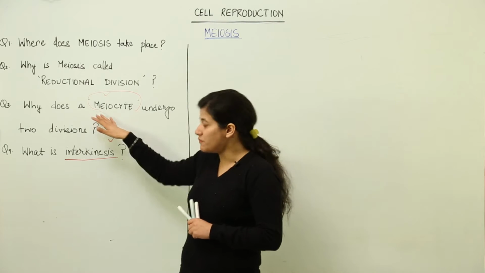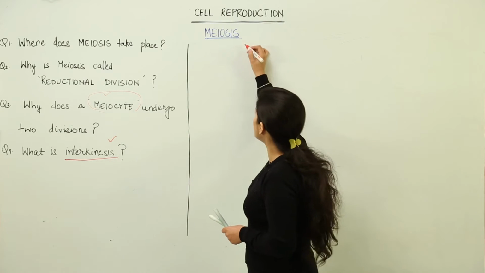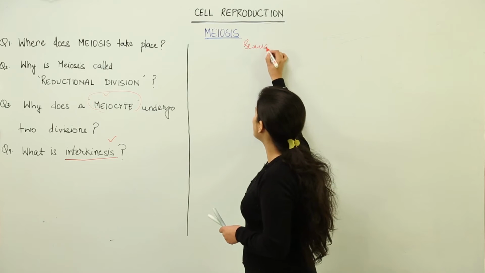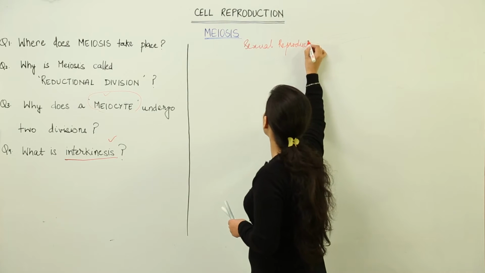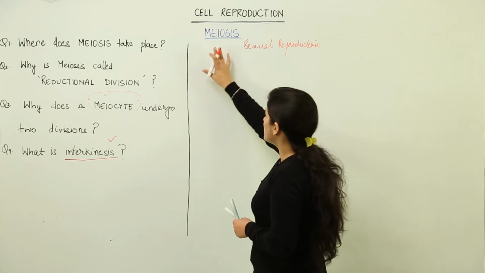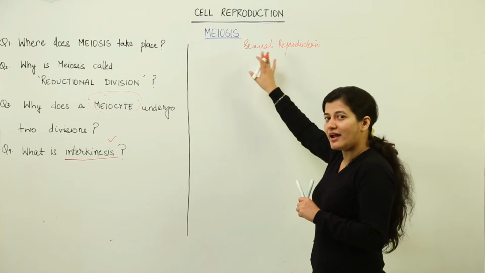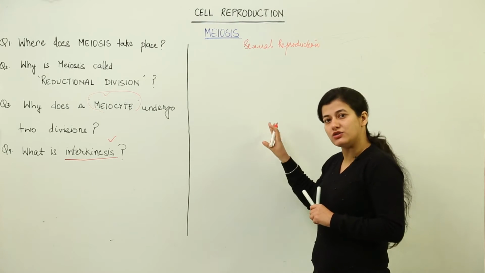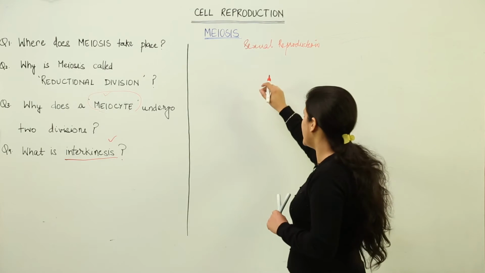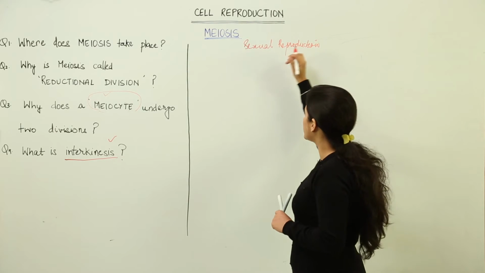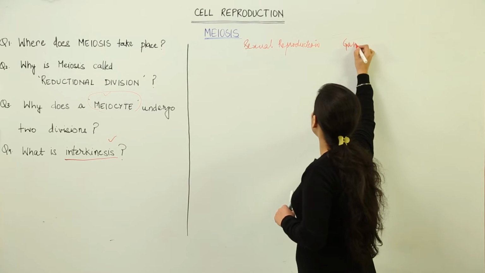Now what are the meiocytes basically? When we talk about meiosis, we are talking about sexual reproduction. When we talk about sexual reproduction, then we talk about the formation of gametes. See, meiosis would always take place when there is a story about reproduction, and which sort of reproduction? It won't be there in case of asexual reproduction. When two different parents would be involved, male and female parents, that time it would be sexual reproduction. And when we talk about this sort of reproduction, we do talk about gametes as well.